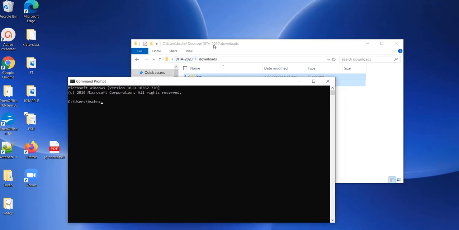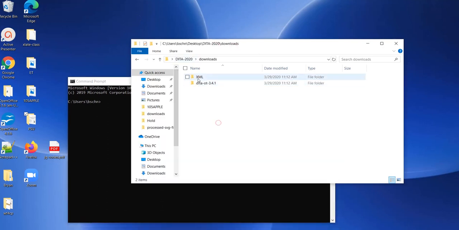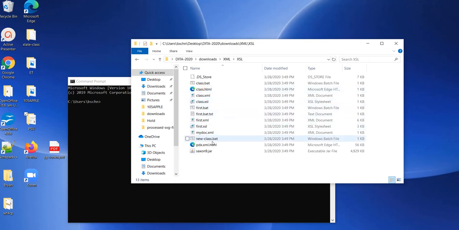So once I get there, first of all, I'm going to observe in my XML folder that I have a folder called Xsl, and I have one called class, and I have class.xml. I'm going to remove this class.html. And I'm also going to observe that I have my Saxon 9. So if I look in Notepad++,